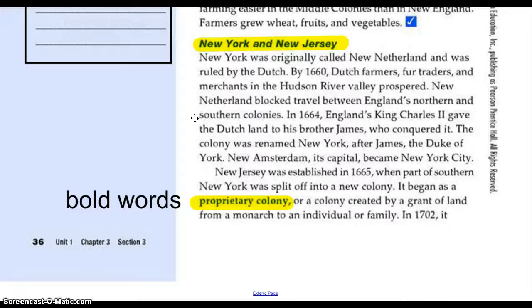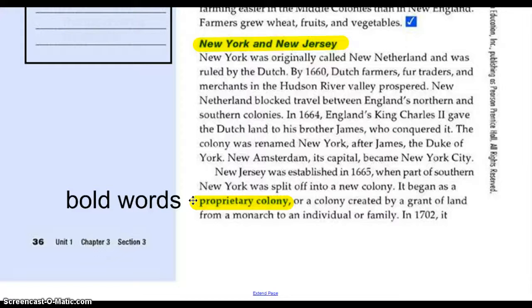In 1664, England's King Charles II gave the Dutch land to his brother James, who conquered it. The colony was renamed New York, after James, the Duke of York. New Amsterdam, its capital, became New York City. New Jersey was established in 1665, when part of southern New York was split off into a new colony. It began as a proprietary colony, or a colony created by a grant of land from a monarch to an